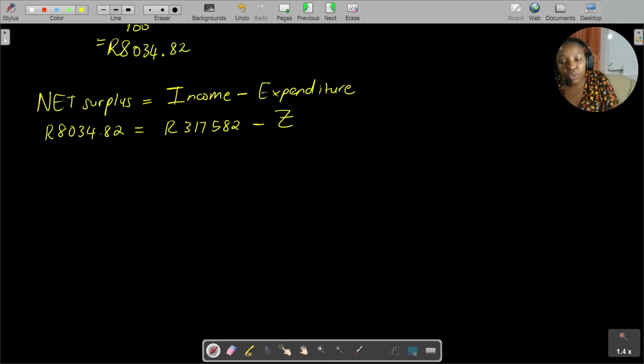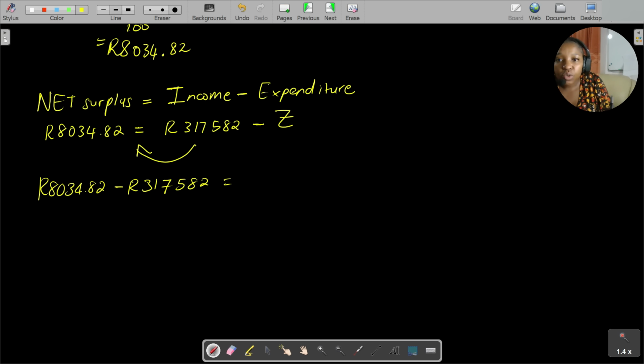So all that we can do, you can either move the Z to the left hand side to make it a positive, then move this value to the right hand side, or you can do it in this way. So we can first move this value to the other side. What will it be? It will be 8034,82 minus 317,582, which is equal to minus Z. Okay, what do you get? So 8034,82 minus 317,582, you get negative